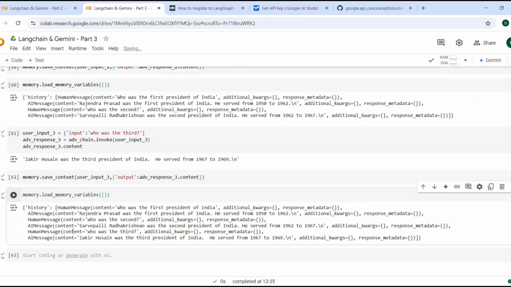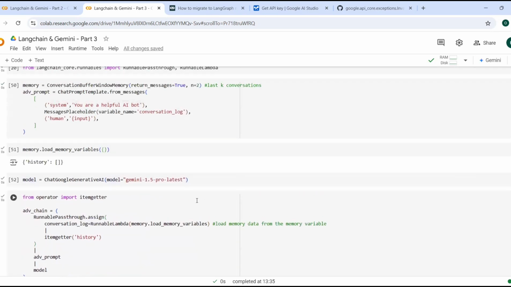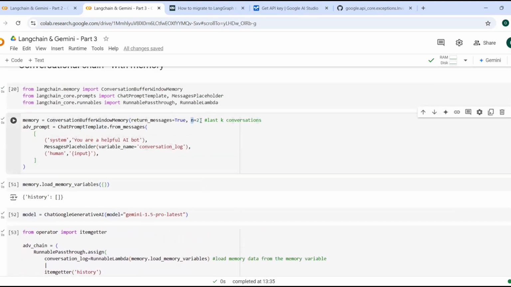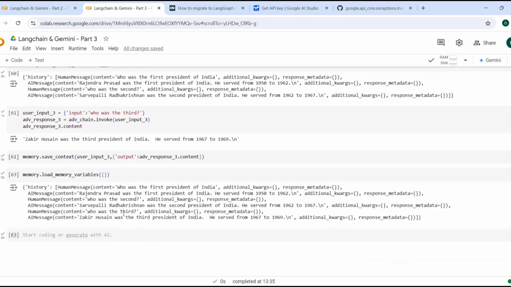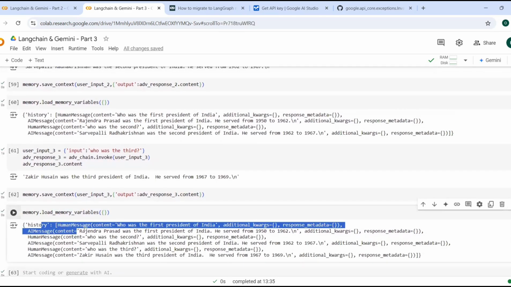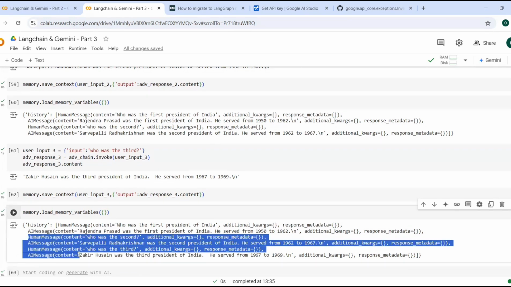Now, when we ask a question to the model, since we've restricted the number of conversations to two, the last two conversations, the model won't be taking the first conversation into its memory. Although it has stored it in the memory, while answering your next question, the only memory history